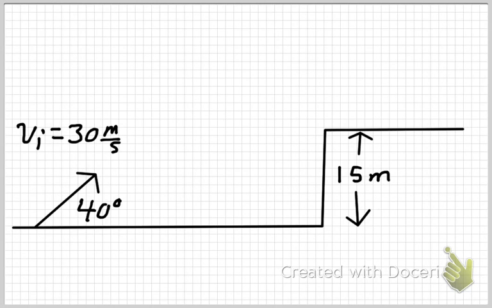This is a review of how to find time in the air for a projectile that lands above the point from which it was launched. In this case, it's not so much that students find the wrong time because they're trying to avoid using the quadratic formula. By the time we get to this type of problem, students are okay finding the time in the air. The problem occurs when they don't make the velocity final in the y direction negative,